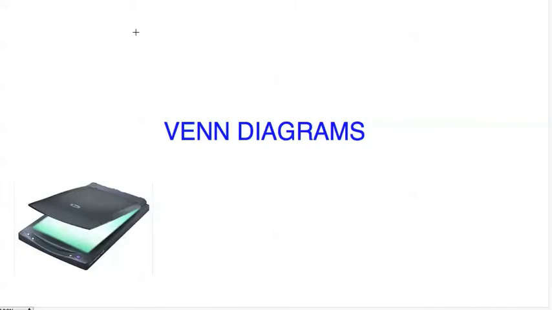I had a couple questions about doing Venn diagrams, so I just wanted to make a couple notes. Of course, the easiest thing is to probably just draw them by hand and scan them in, as several of you have probably already done. You can also use a digital camera or your phone camera to do a drawing and take a picture of it. Just make sure that when you insert it in your Word document or whatever you're using,